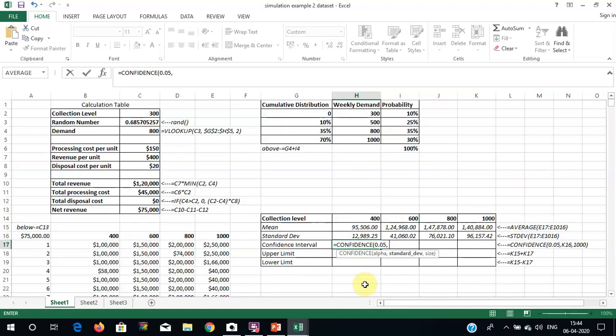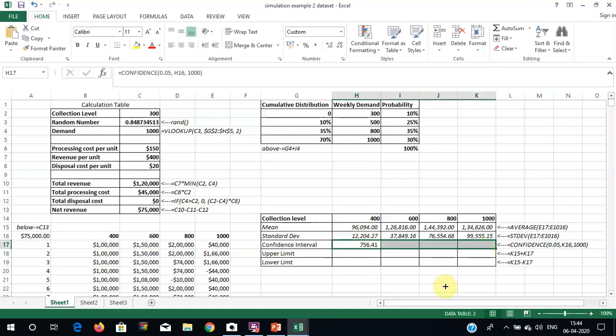Standard deviation, in this case it's H16, and then I choose 1000, which is my sample size, so I can compute the confidence